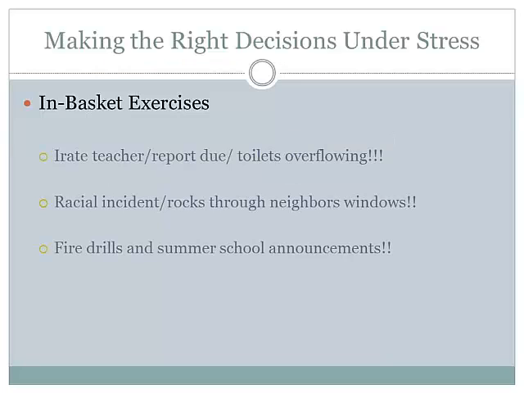Now let's take a look at what the appropriate responses were. First, let me just say that there were no right or wrong answers to these situations. But strong leaders do need to learn some good rationales for dealing with these various issues. In the first exercise, you were asked to decide about toilets, irate teachers, and reports due to central office. If you put the toilets as a first priority, then good for you.